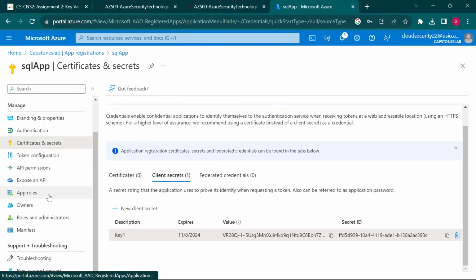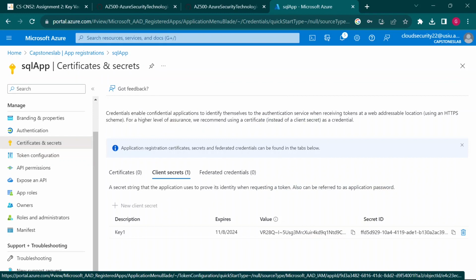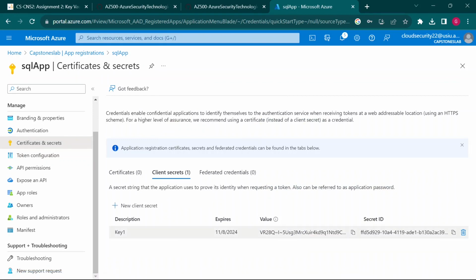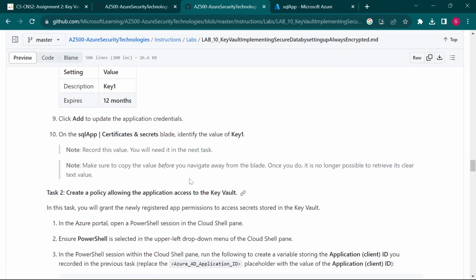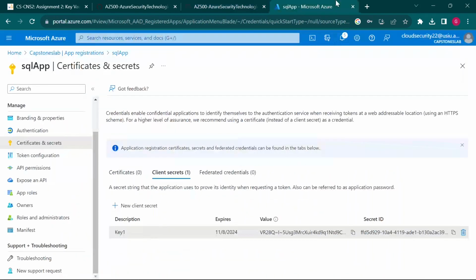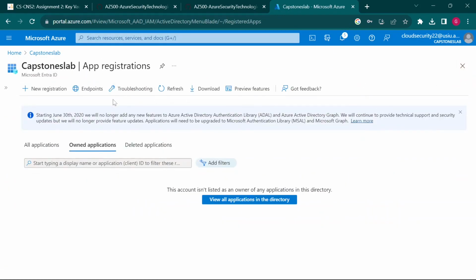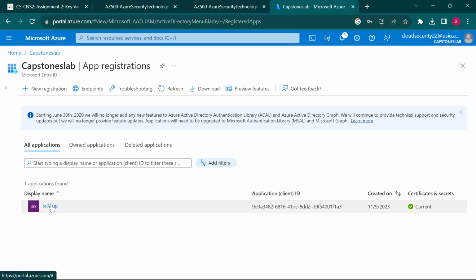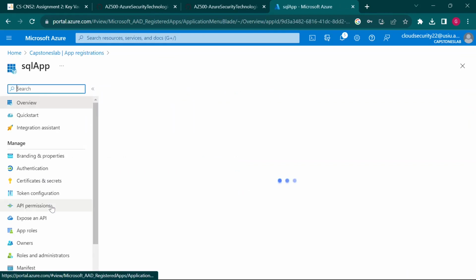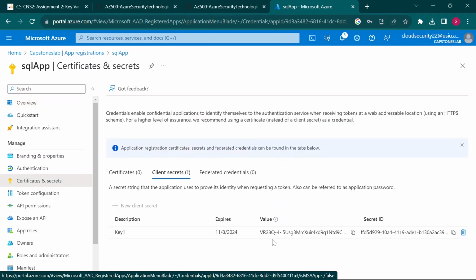So maybe just to try it out, I'll navigate away and try to review it once again. Let's see, it's still there. So yeah, it's still there. So let me just try to close this, and I'll refresh here. All applications. Let's see if we have something there. We have this SQL app. Click on that, go down to certificates and secrets. I think it's still there. Yeah, this is it still. So anyway,